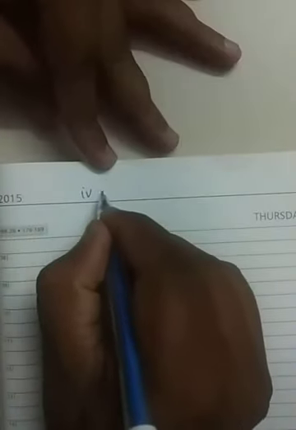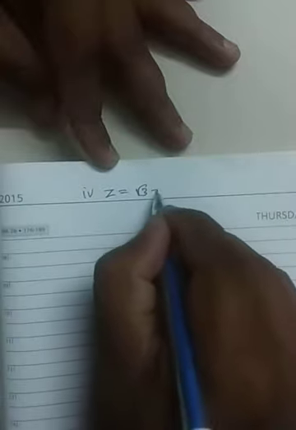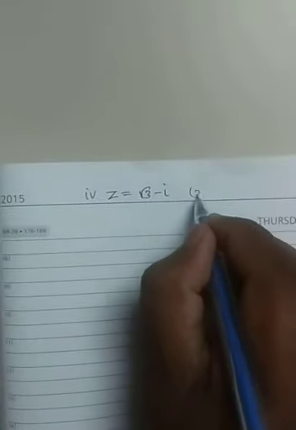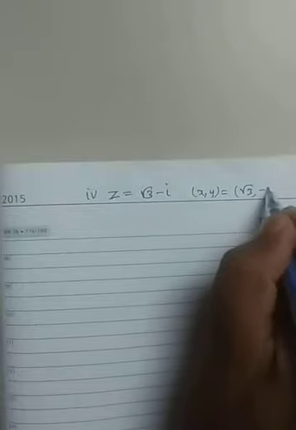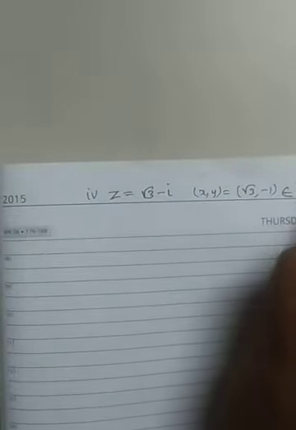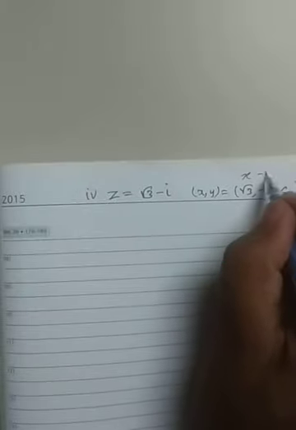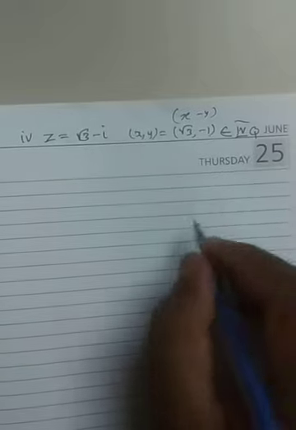Finally we will go to one more problem, the fourth one. The z value here is root 3 minus i. So root 3 minus i means the x comma y value will be root 3 comma minus 1. So here it lies in the fourth quadrant. Keep it in mind, x is positive, y is negative. Once you understand that, you can automatically see the axis.